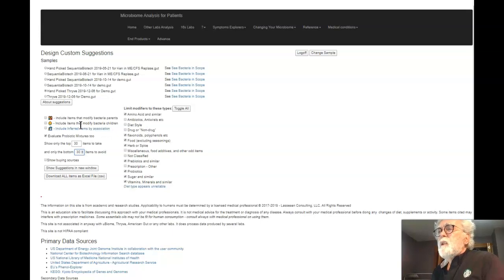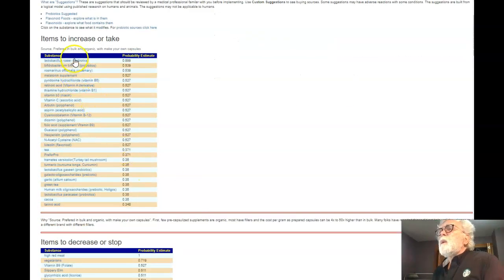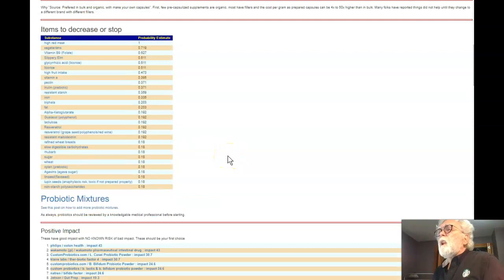So it's this type of inference. You can click here to get more detail, and just click Show Suggestions. It'll go and compute all of the things, going through currently about 1 million different bits of information, and specify things you should be doing, rosemary, melatonin, etc., items to stop,